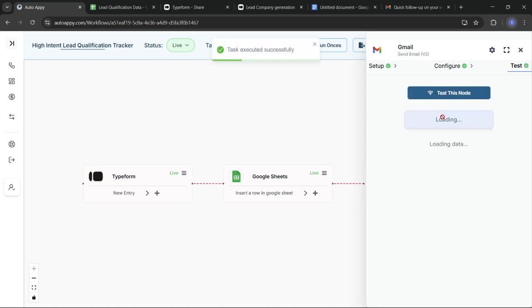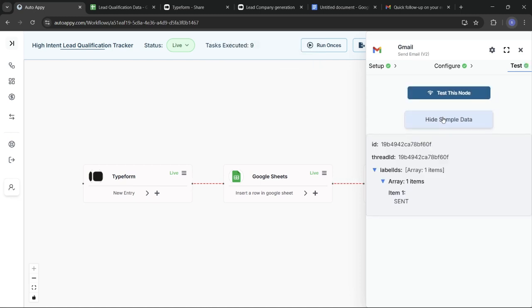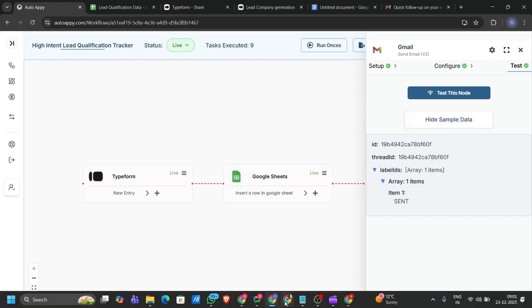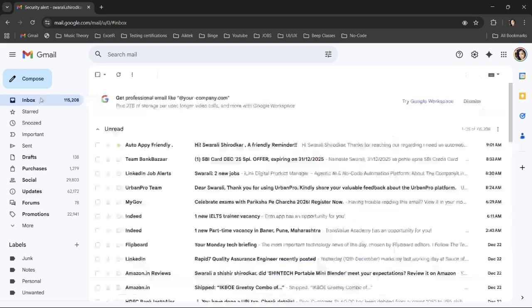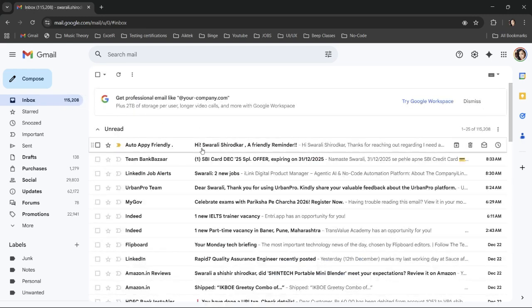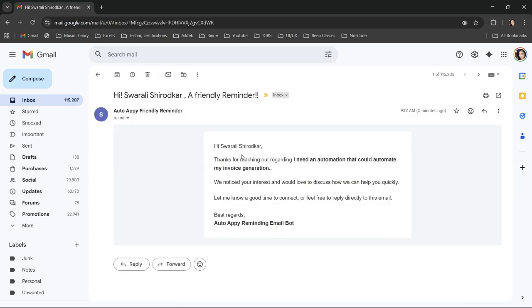So hide sample data, show sample data. So it says that the one item has been sent. So let's go and check it out. So let's go to the inbox. So here you can see that I have got an auto Appy friendly named email saying that hi Swarali Shirodkar,